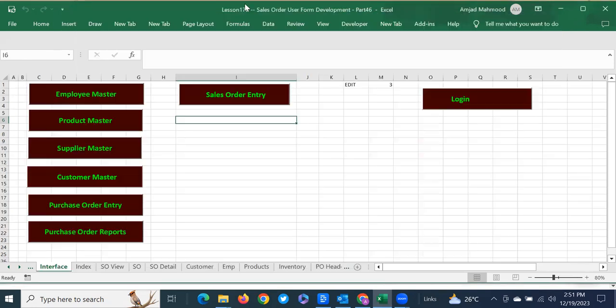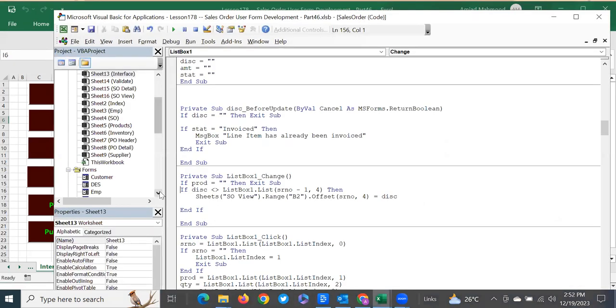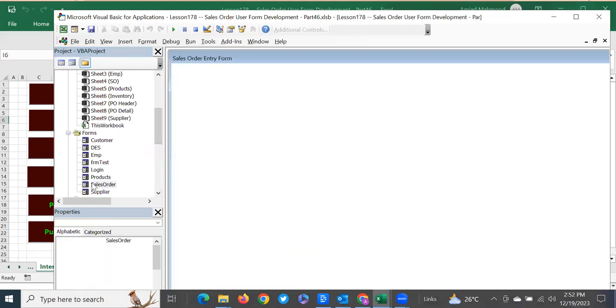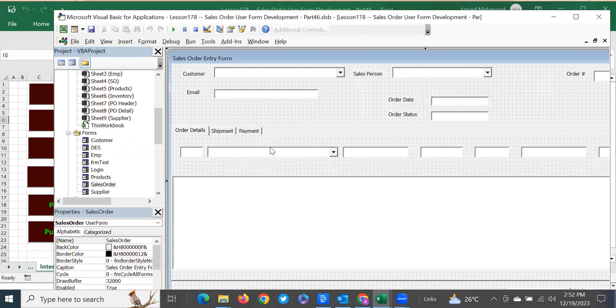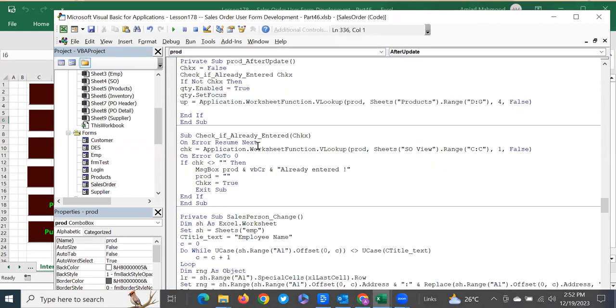So let's close it. We take you to the form view. And in this form, this is the place where we need to set the validation. That as soon as the product is updated, it is supposed to check. It is supposed to press a check. This is a variable. Its default value is false, right? And